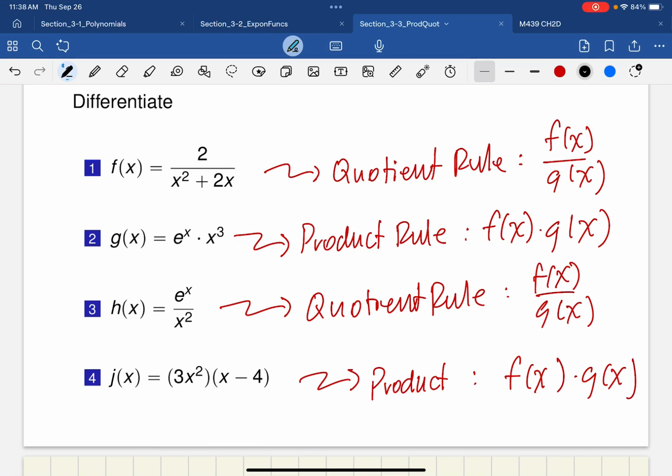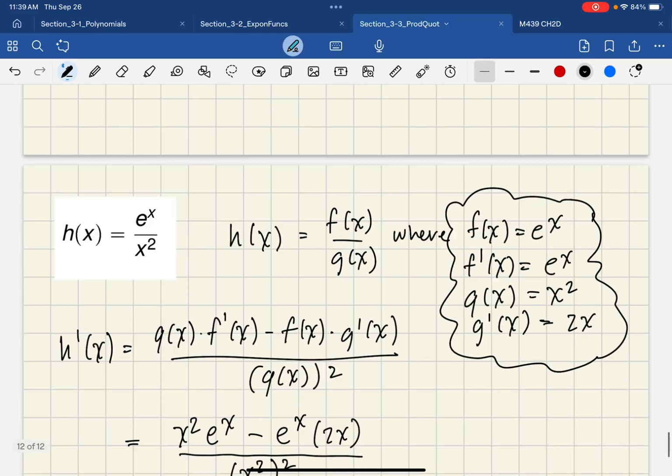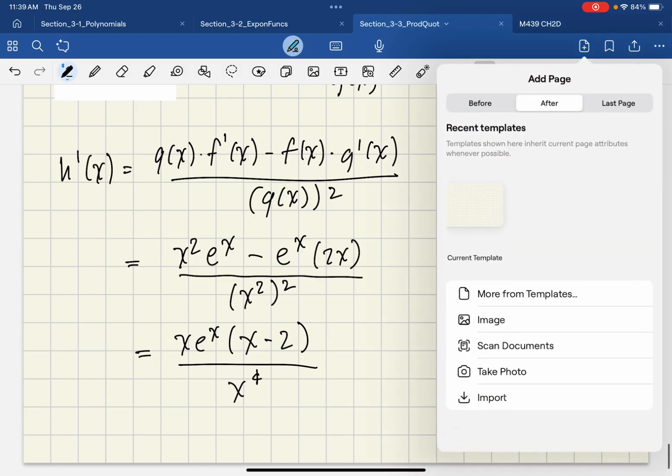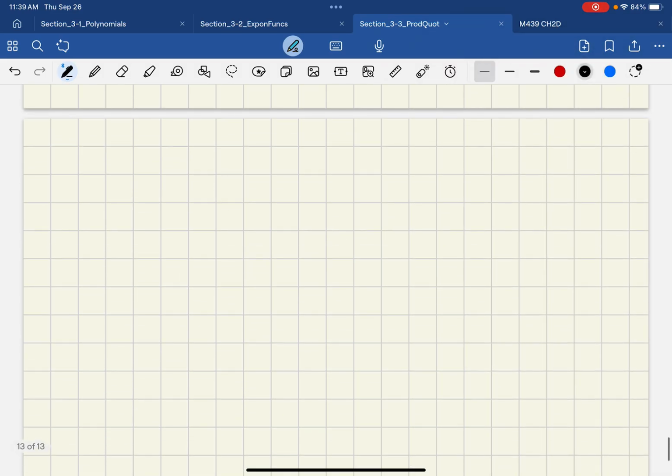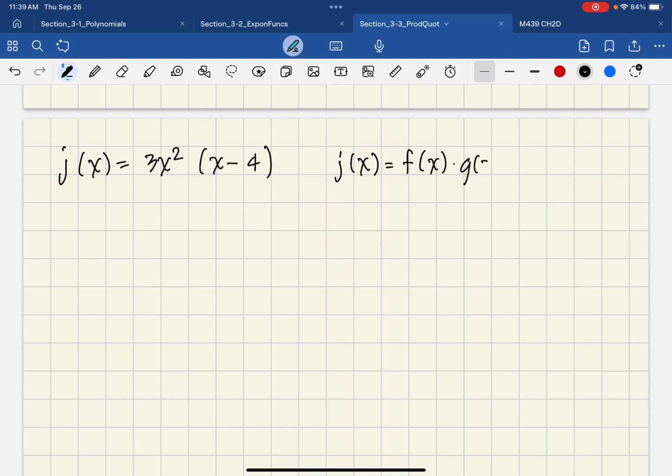Okay, let's do one last one here. The function in question is 3x squared times parentheses x minus 4, or j of x. I'll just go ahead and copy it on the next page. Okay, well, we can see that j of x is equal to the product of two functions, f of x times g of x,